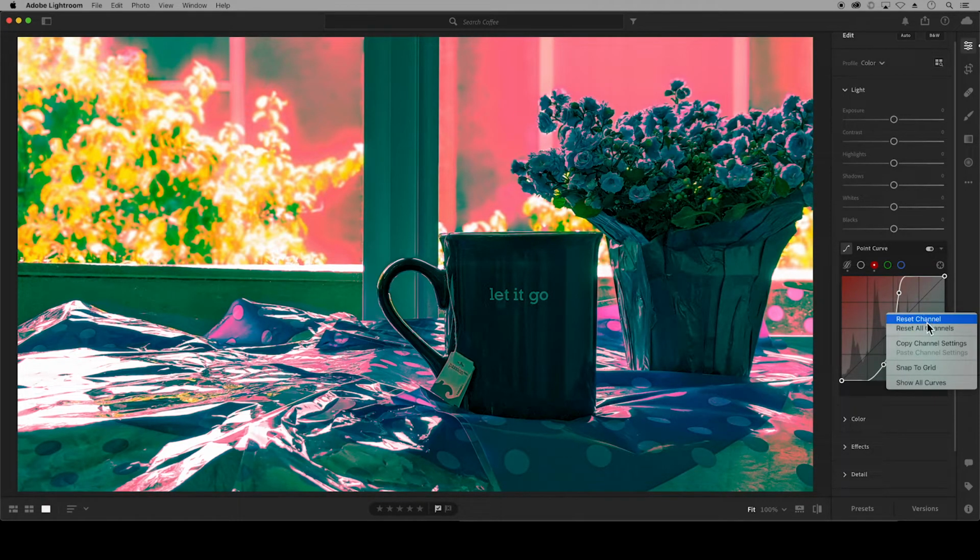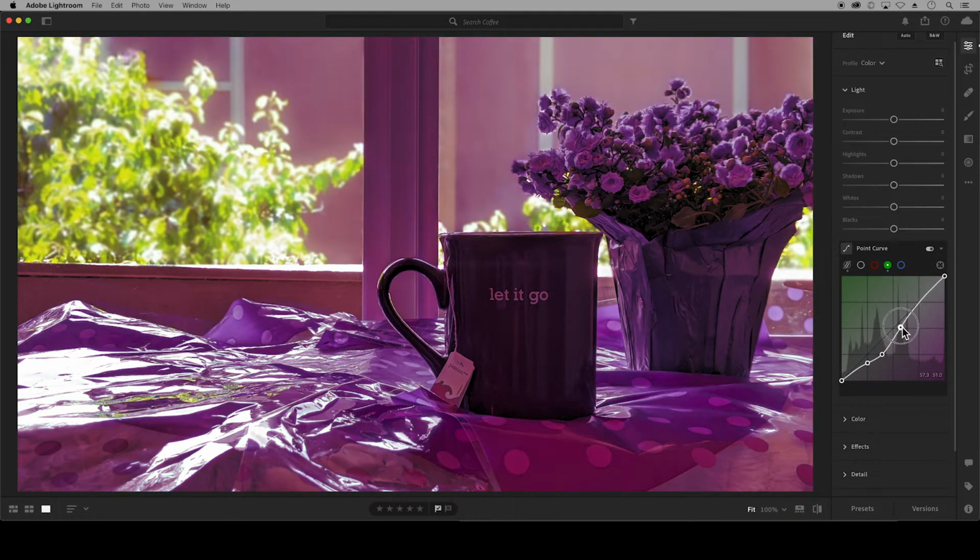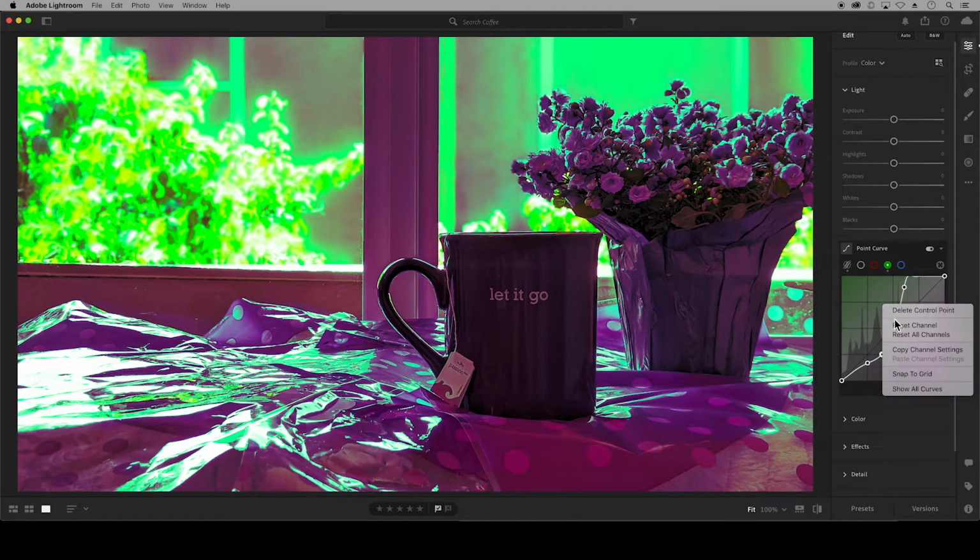Let's reset this channel and click on the green button. In this panel, you have green at the top and its opposite or complementary color, which is magenta. Notice my histogram has changed a lot and has flattened out more evenly because I have green and magenta colors throughout my photo. I'll play around and do a dramatic S-curve here, and I'm not even sure if you can call this an S-curve, and that looks pretty silly, so I'll go ahead and reset and show you the blue